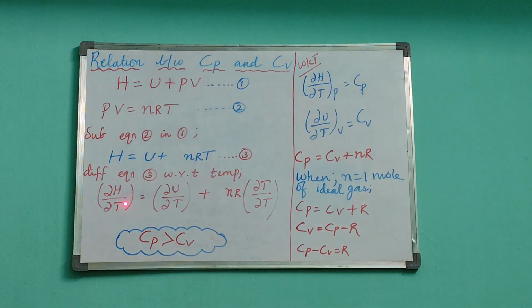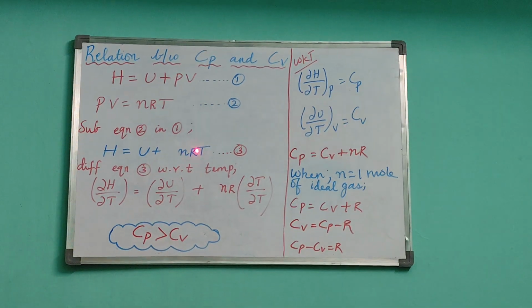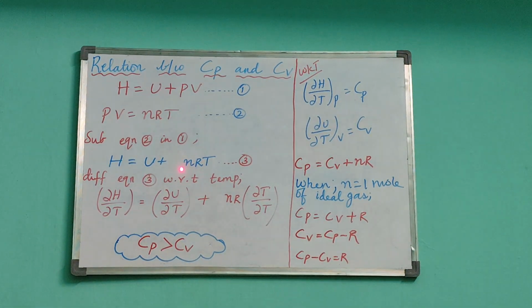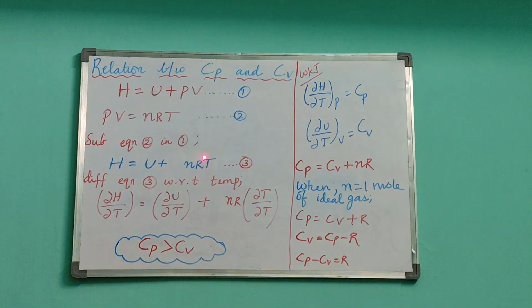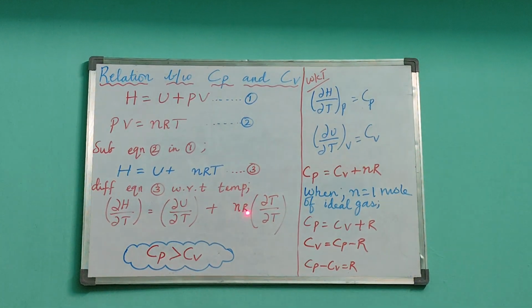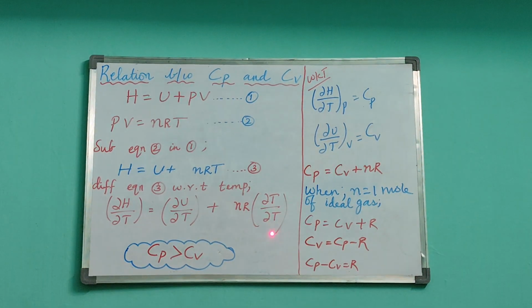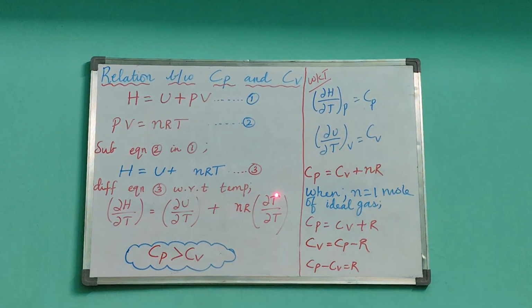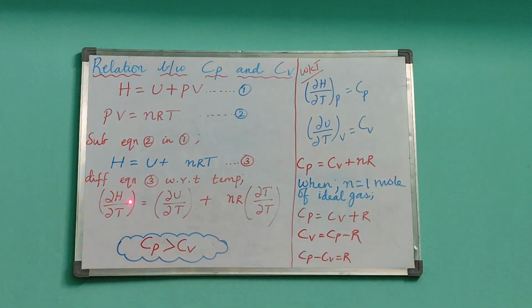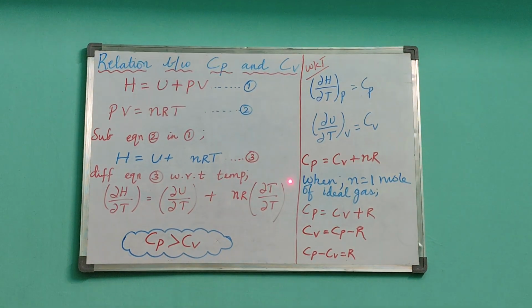So ∂H/∂T is equal to ∂U/∂T plus, you need not differentiate the constant term. Here n and R are constant values, so no need to differentiate those. So nR remains constant, then differentiating T, ∂T divided by ∂T, right? This ∂T and ∂T get cancelled. So this equation becomes ∂H/∂T is equal to ∂U/∂T plus